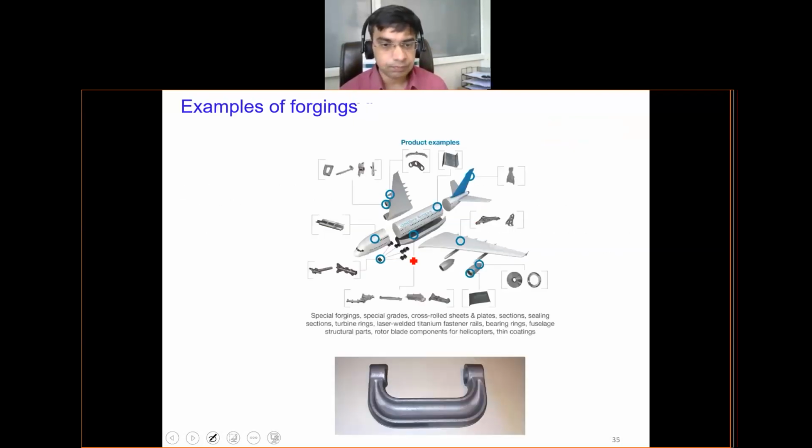This is a schematic which shows the application of forged products in different parts of an aircraft. And you can see that in very critical components, forged products are very useful because they offer very high strength, very high mechanical properties, with good predictability of their properties under variable conditions. Because any internal defects, such as porosities or internal cracks, get healed when you forge it, because you are compressing it. All the cracks and other defects get removed, thereby increasing the reliability of the product.